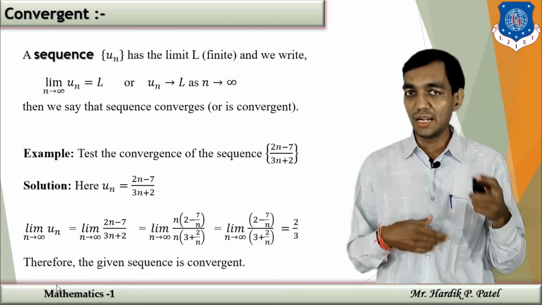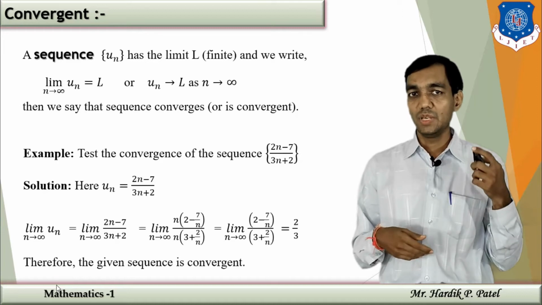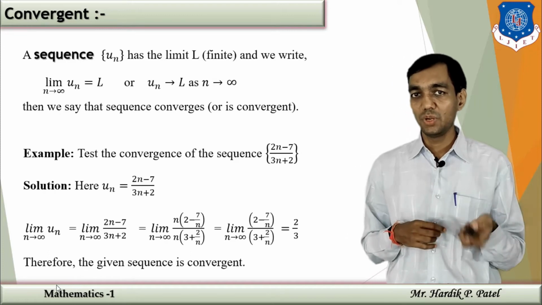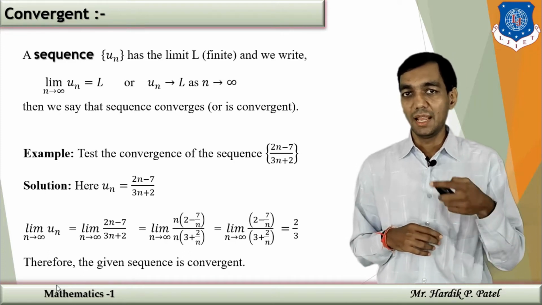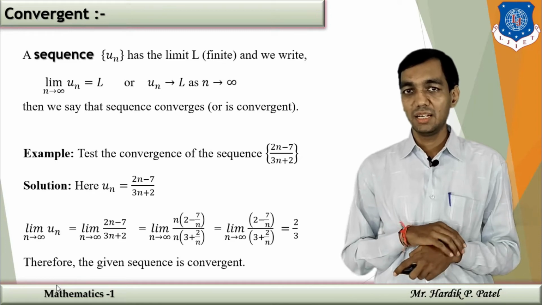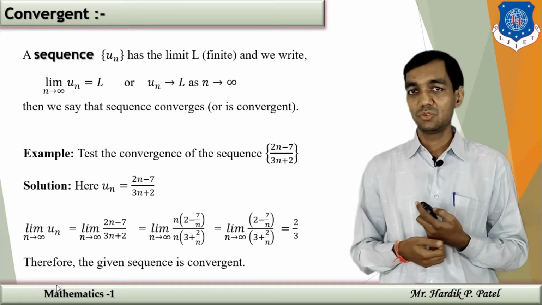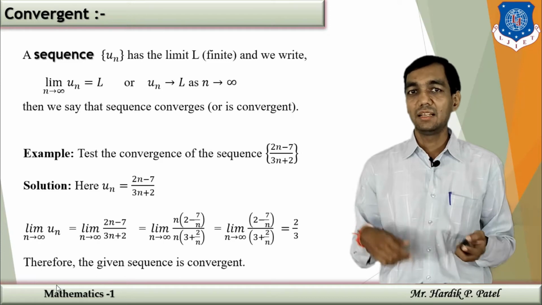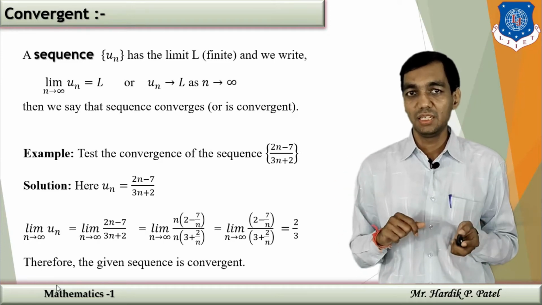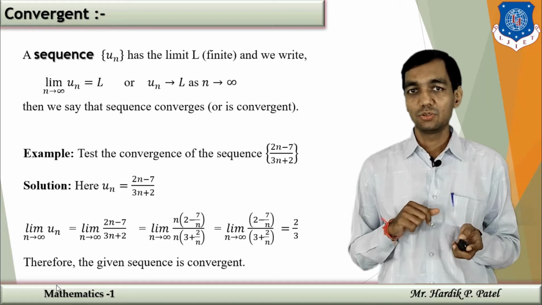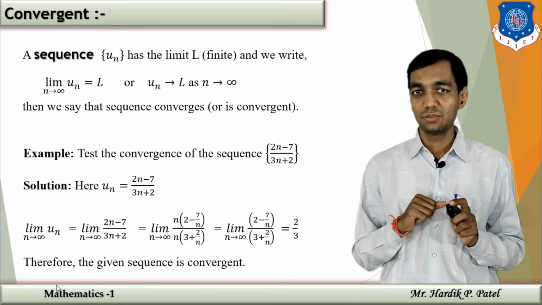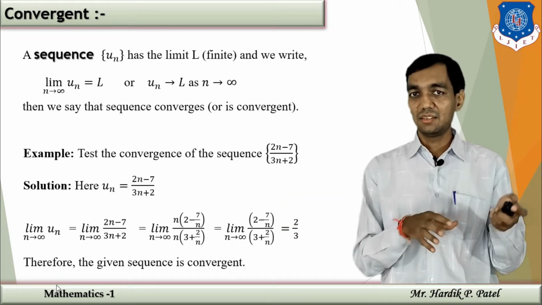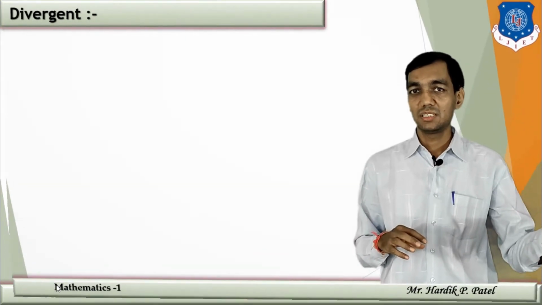For convergence you have to find out the limit of the nth term un. So we are going to apply the limit to the nth term un, that means the limit of (2n minus 7) upon (3n plus 2). n will be taken common from numerator and denominator and it cancels, and then you will get the limit as n tends to infinity of (2 minus 7 by n) divided by (3 plus 2 by n), and it has a value 2 by 3 as n tends to infinity, because 1 upon infinity will be 0. So 7 by infinity is also 0, 2 by infinity is also 0. So the limit has a value 2 by 3 and it is finite, and the nth term has a finite limit, that means your sequence is convergent.